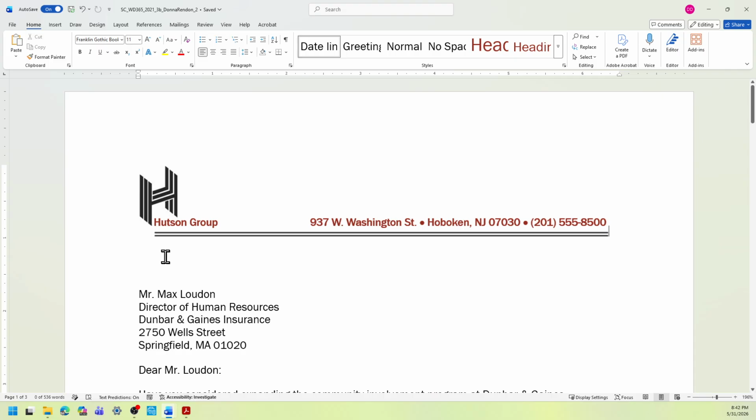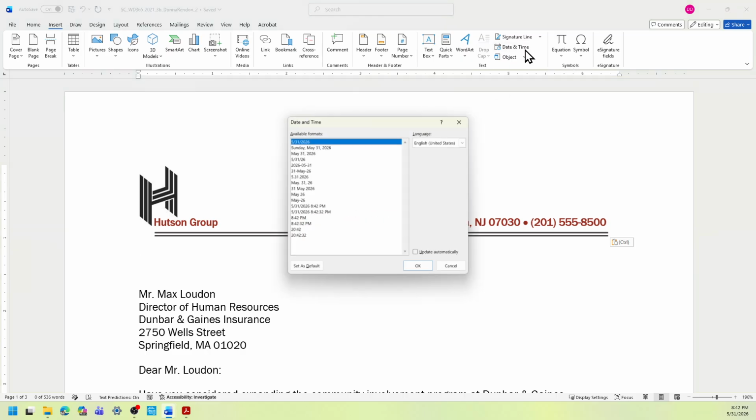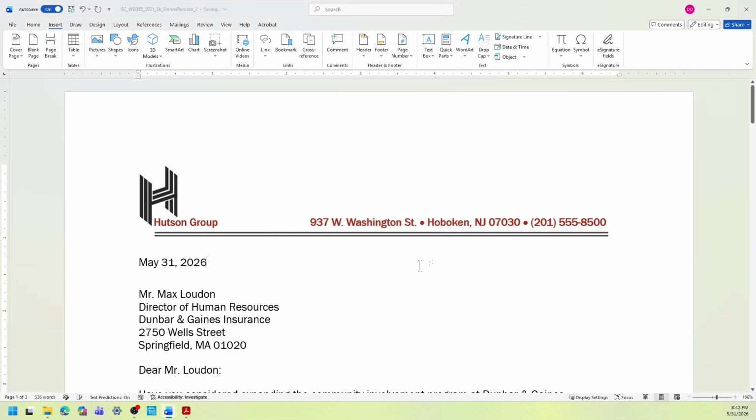So the next blank paragraph is just below that letterhead. You're going to select the insert, and from the text group, look for that date and time, select it, and then from here, we're going to select the month, day, and year format. Click OK.